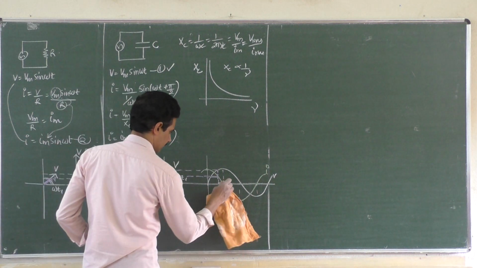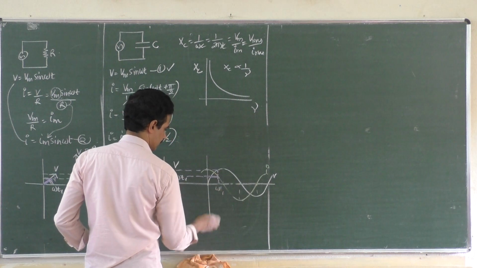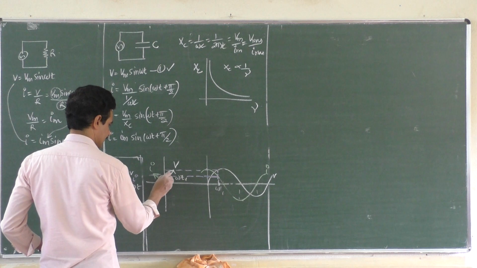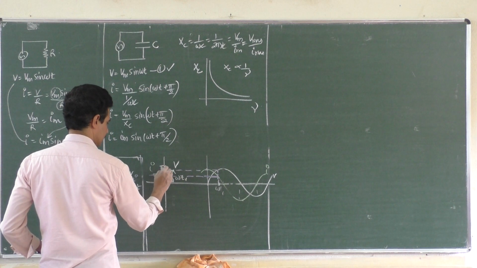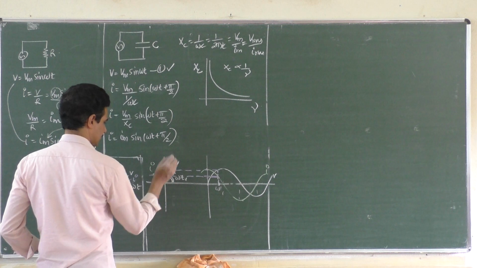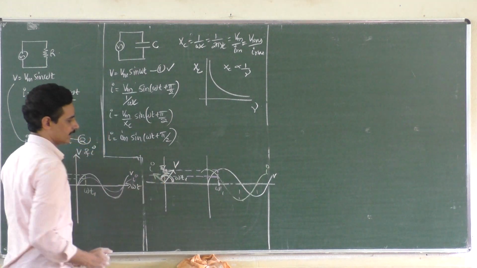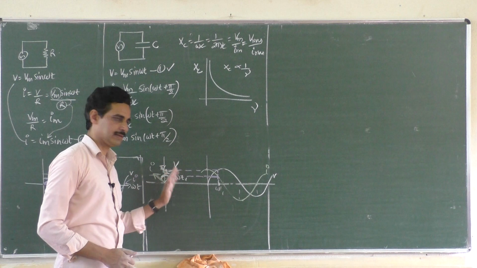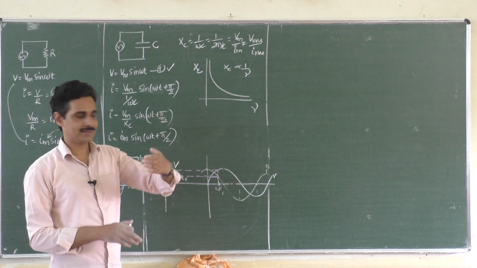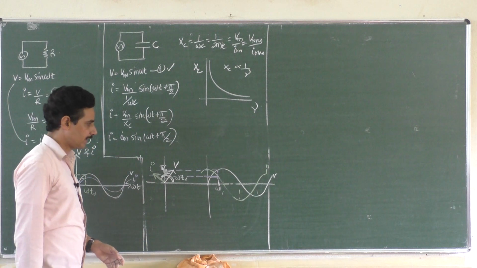This drop is not needed. This is needed. And so this angle is 90 degrees, right? This is pi by 2. So current leads the voltage by 90 degrees. And this is the usual phase angle at which the coil is. So in a purely